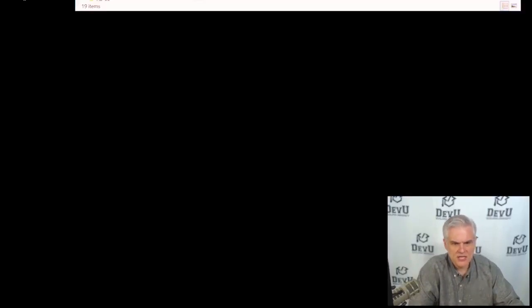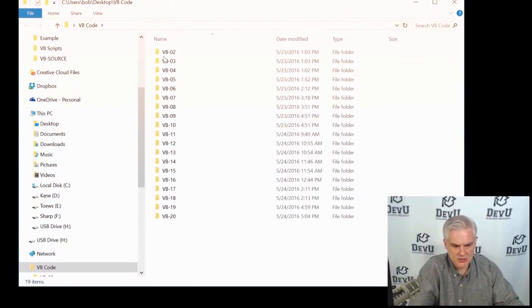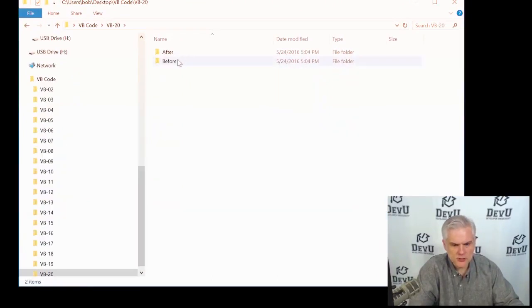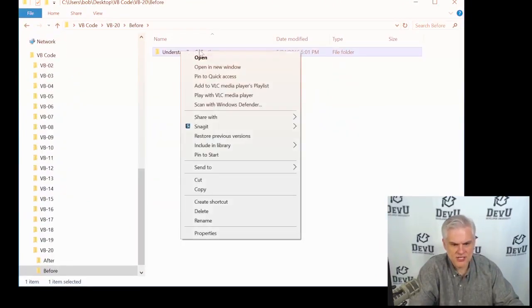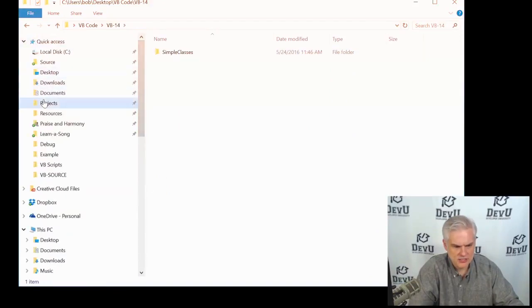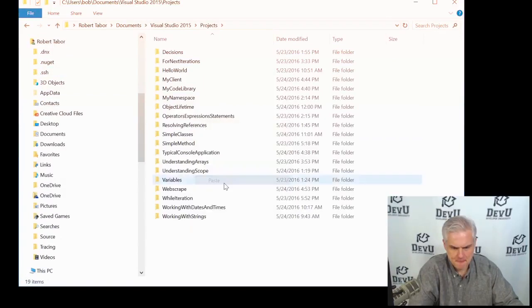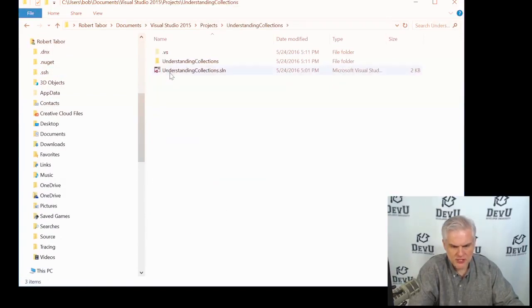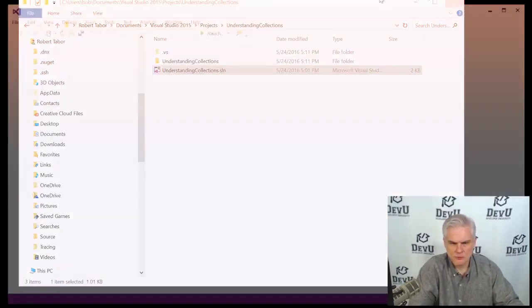So suppose that I have a number of cars on my car lot, and I want to work with all of that data, all of the car objects collectively as a group, as opposed to just storing the data about each one of the objects individually. So to get this set up, what I want to do is actually point you to the code that's associated with this lesson. There will be a before folder, and I want you to copy out the understanding collections as a starting point. And if you're going to follow along, let's go to the projects folder and paste that baby in. And now we can open up that project, and we'll both be in the